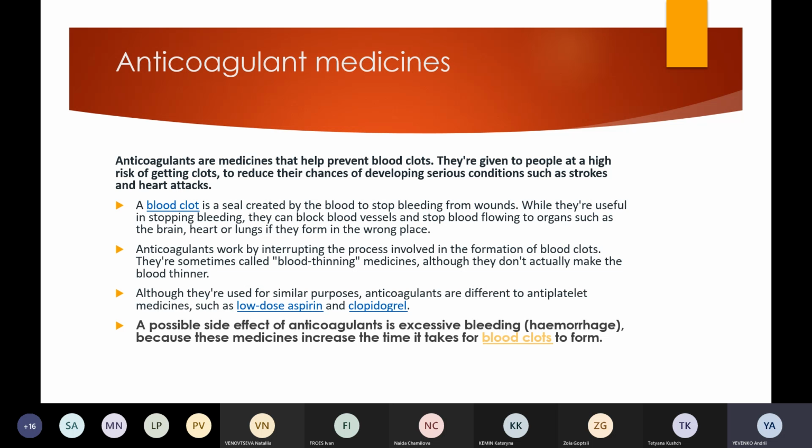But usually people with these risk factors are already taking low-dose aspirin or clopidogrel, antiplatelet medication. And sometimes a physician prescribes anticoagulants in addition to these, or prescribes antiplatelet medication in healthy patients. Sometimes they prescribe both antiplatelets and anticoagulants, and it's important to ask the physician why this is being prescribed, because